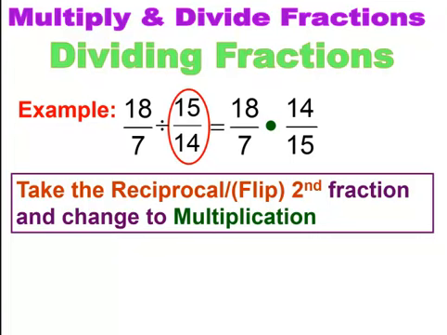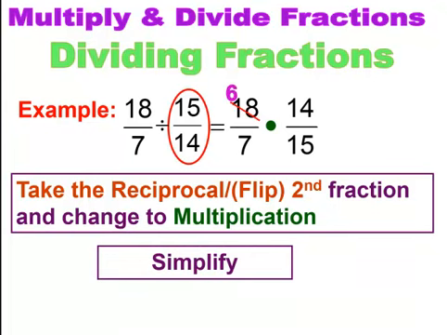So keep the first fraction, change the division to multiplication, and get the reciprocal, or flip the second fraction. Now that you have it set up, you can do the arithmetic. You're going to have to simplify here first. Now I'm going to simplify, and with the 18 and the 15, I see that they have a common factor